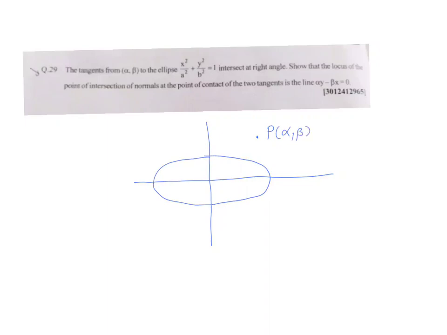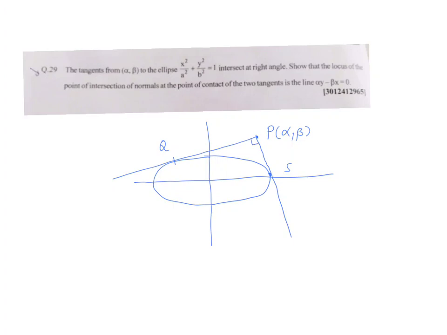So let us first draw the image of this ellipse. I am drawing my x and y axes, and this is how the ellipse will look like. So let me consider some point. Let me denote this point by P. So this is alpha comma beta, and then I'll be drawing a tangent to this ellipse and another tangent which is perpendicular to this tangent. So you can imagine that the point Q and the point S are the 2 points of tangency.